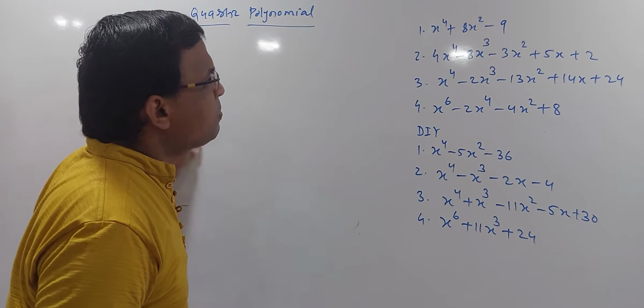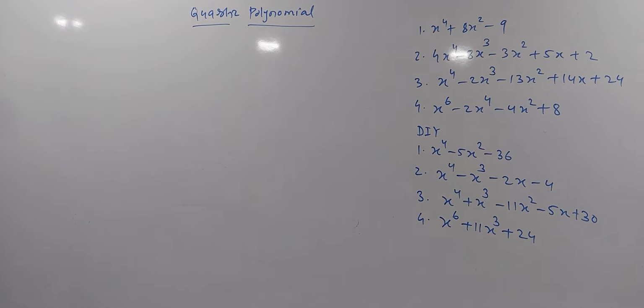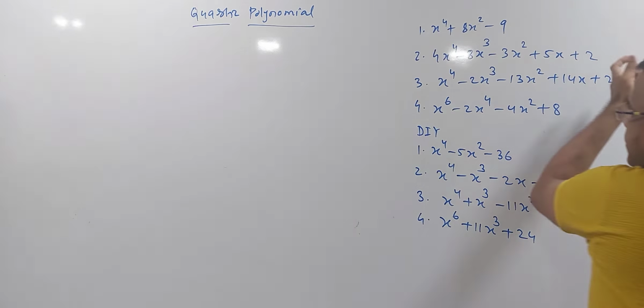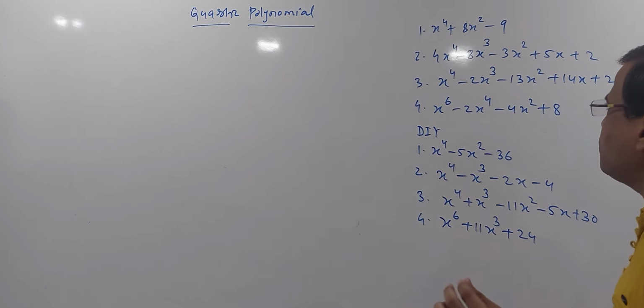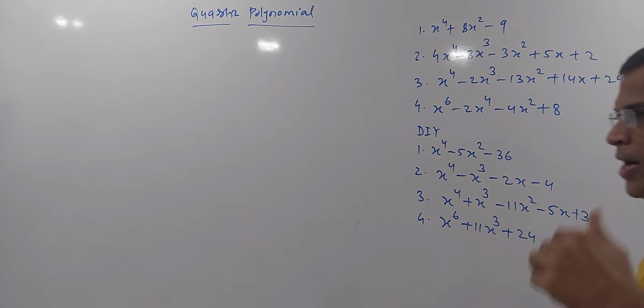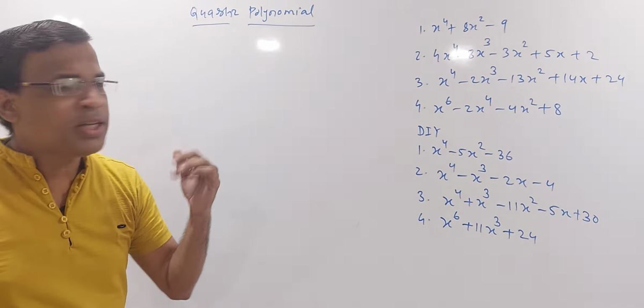Here if I try for some substitution, it won't be possible. So let us see some other approach. Generally, when we have a full-fledged polynomial, what we used to do is try for 1 and minus 1. We know the trick for 1 and minus 1. And then we can jump to the synthetic division method, because if I get one root, then I can use it.